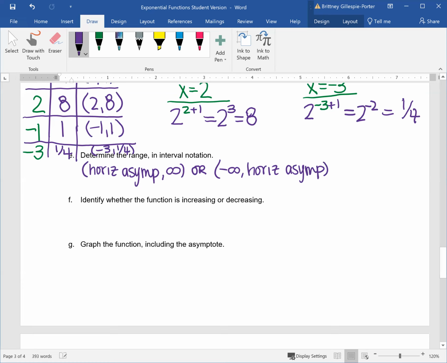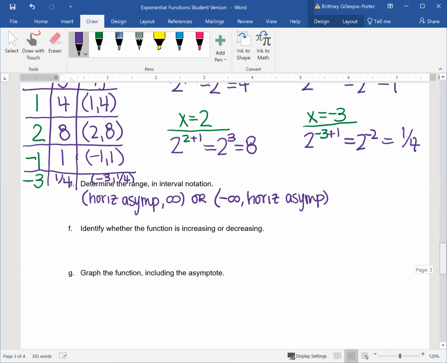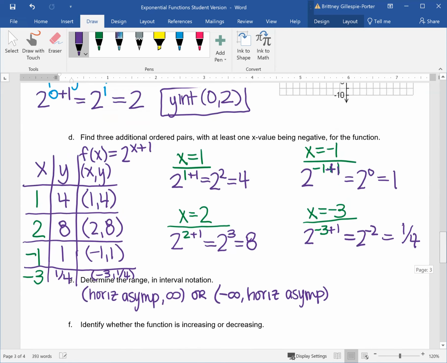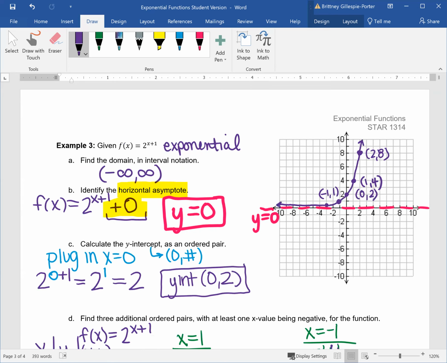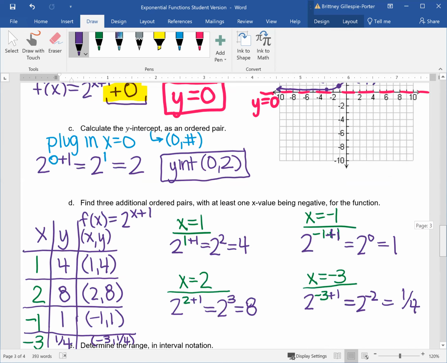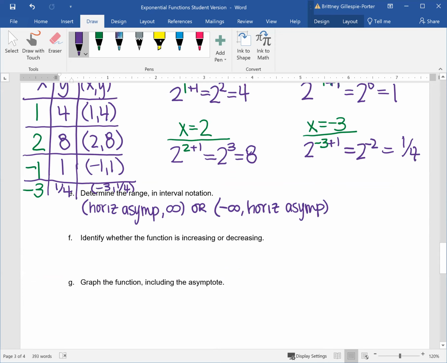If our function is staying above the horizontal asymptote, which we are here, the horizontal asymptote is our base. When it's our base or our bottom, we're going to have the first case. If it is our ceiling or the top, we're going to have the second case. So ours falls into the first case,